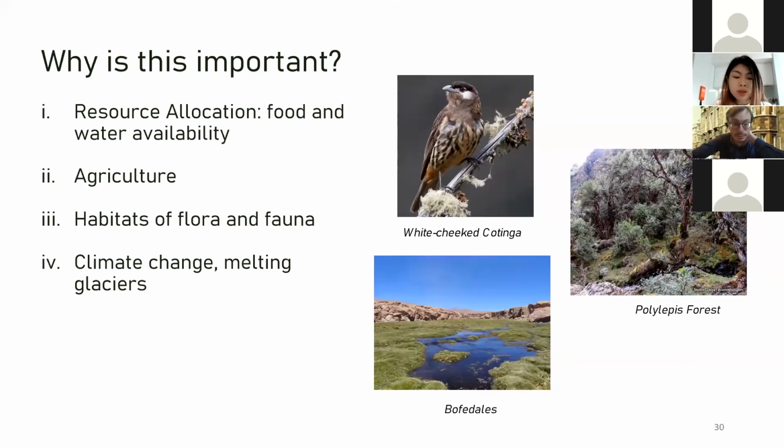Secondly, this is important for agriculture because greening and browning could indicate sites where it'd be good or bad to